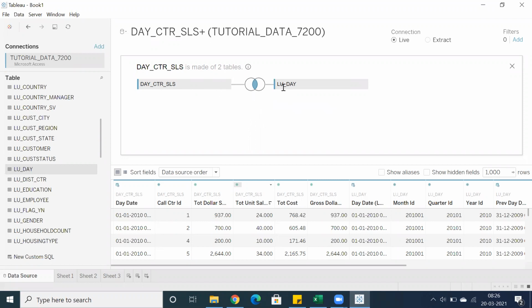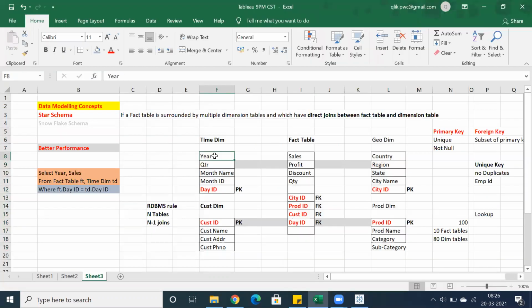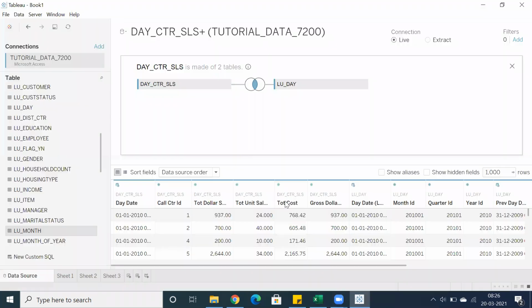So one join, correct here. Now, we have a separate table called month in Snowflake schema. This is the Snowflake schema table structure. But do we have separate tables for year, quarter, month in star schema? No. The complete information of the date-related dimensions is present in one single table. But when it comes to Snowflake schema, the table structure is different. So this is kind of a normalized structure.